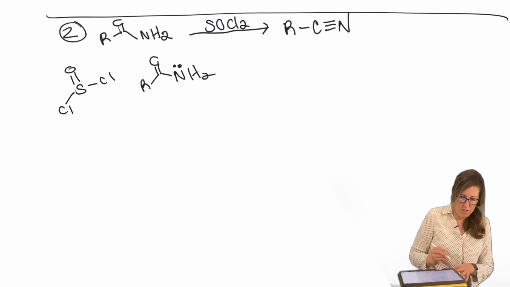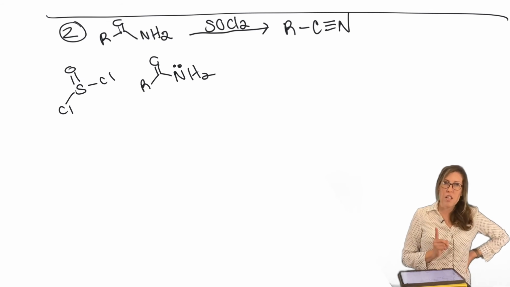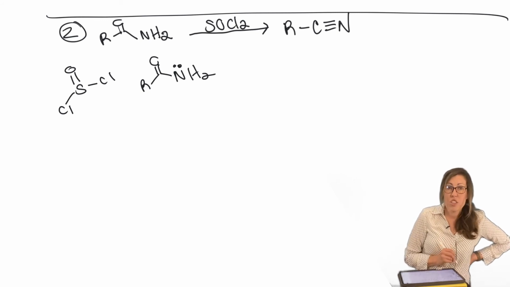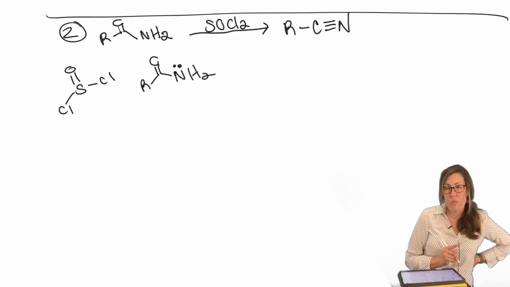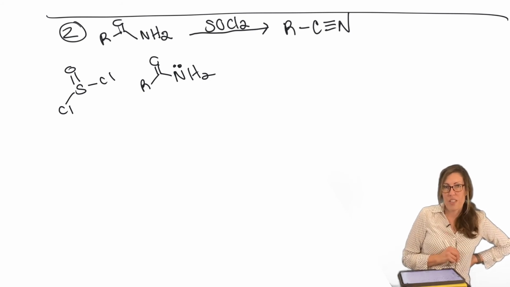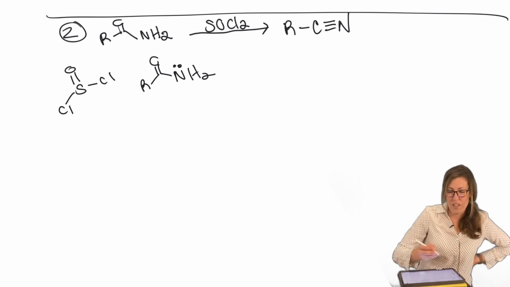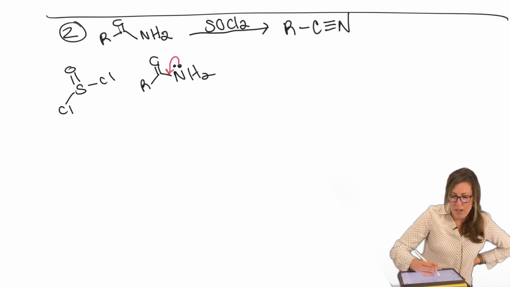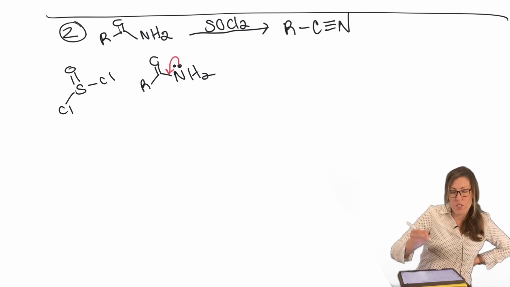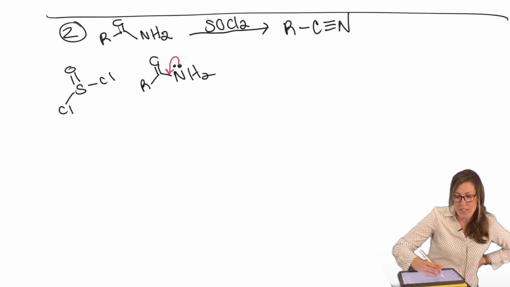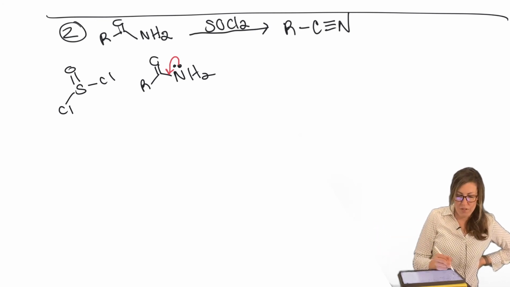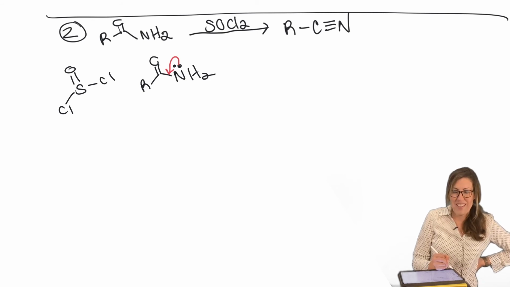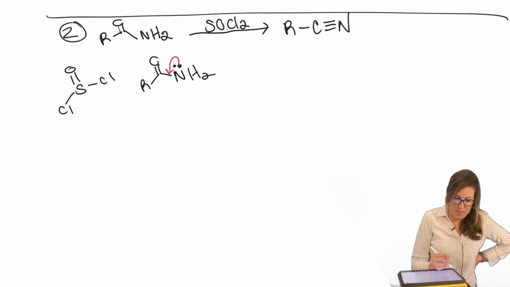Okay, so we need to lose that oxygen. If we think about that mechanism, we need to explain the oxygen loss. So the oxygen, once again, needs to turn into a good leaving group, which is what the SOCl2 is an expert at. It likes to hang out with the oxygen. So we're going to show the resonance structure where we push the arrows down, and then instead of drawing that separately, I'm going to do that advanced maneuver that I did last time and save us a step.